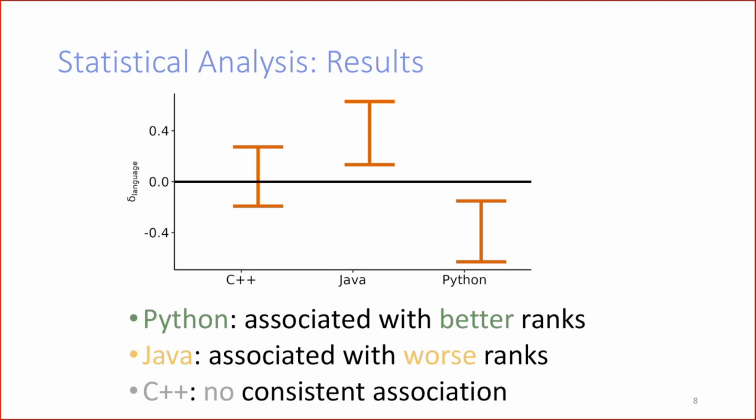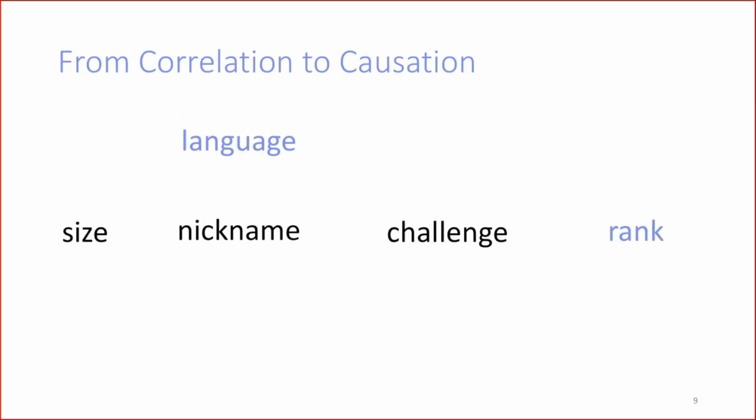And ideally, we would like to isolate the effect of language because that's what the research question is about. So we would like to go from just observing these correlations in the model into something that is more like a filtered, unbiased estimate of the causal effect of language on rank, directly of language on rank. And so one way of doing it essentially is, first of all, we need to build this kind of qualitative model of the causal relations between the various variables.